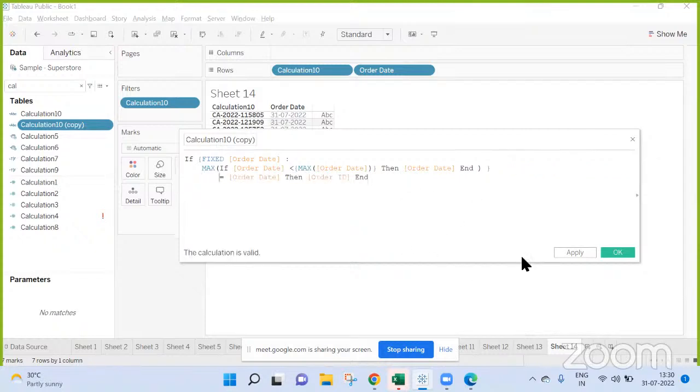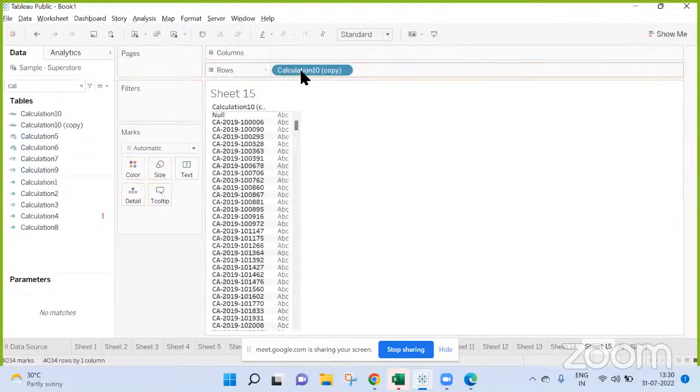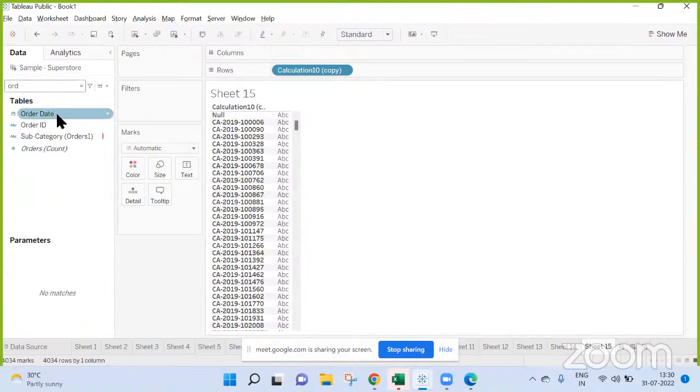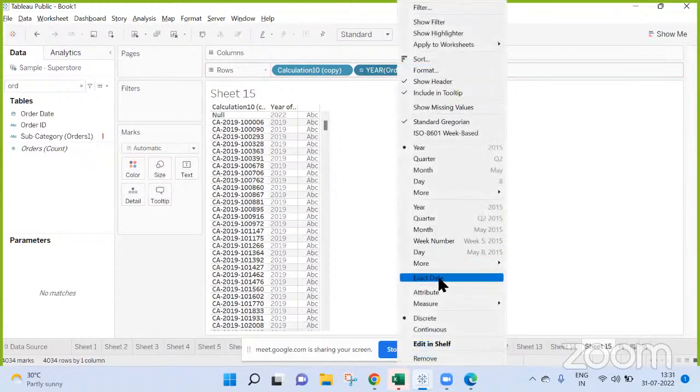Okay, now if this is the case, I am taking a new sheet and bringing this order ID. I am bringing my order date, the exact date.